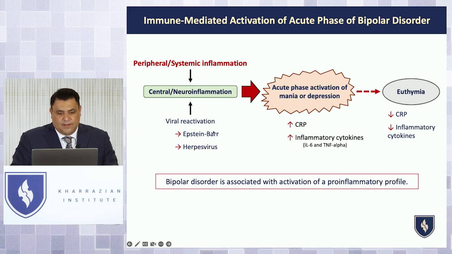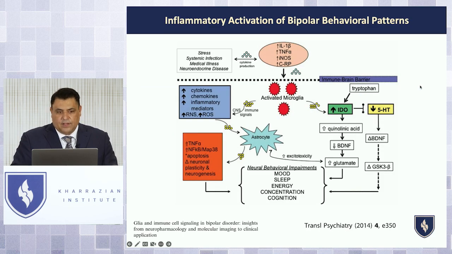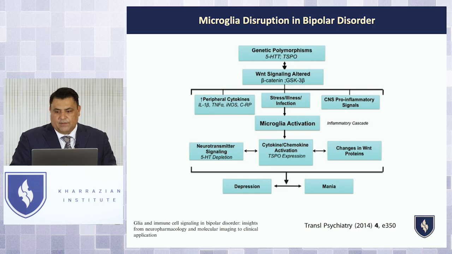For example, you could have someone who's got peripheral systemic inflammation, they get these neuroinflammatory responses. These neuroinflammatory responses activate these mania and depressive zones, and they've actually found a relationship with the CRP levels with bipolar disorders, indicating that they're going to have a flare-up, and then they get into their mania stage or depression stage. And when their CRP inflammatory markers go down, they can go into their euthymia state or their non-reactive state. So there's a strong relationship with inflammation with these types of patterns.